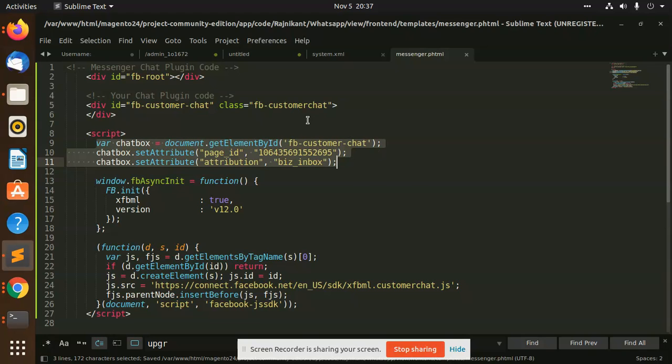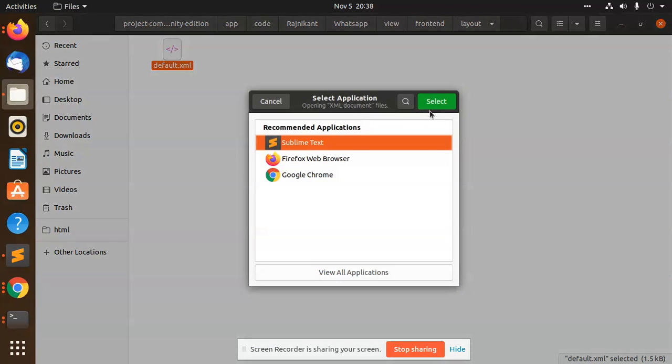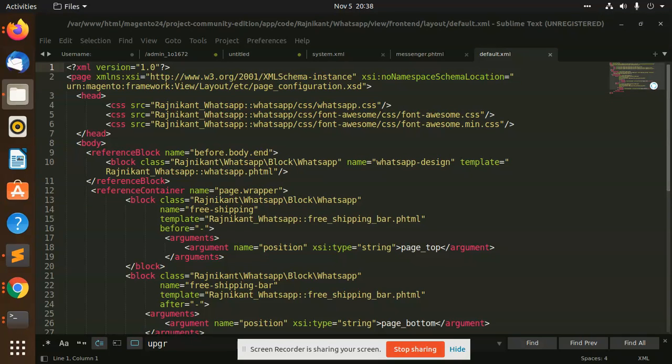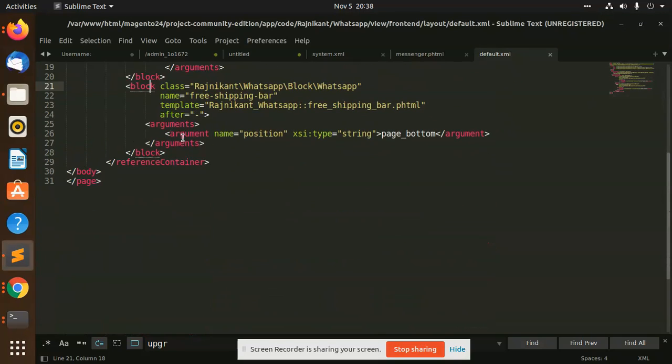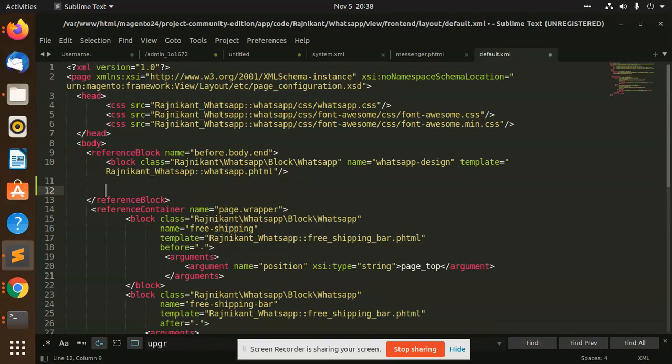So this is just, let's add in the system.xml, layout default.xml, where we need to add the block. You can add the block over this block, for body end. I'm going to add this block for body end.